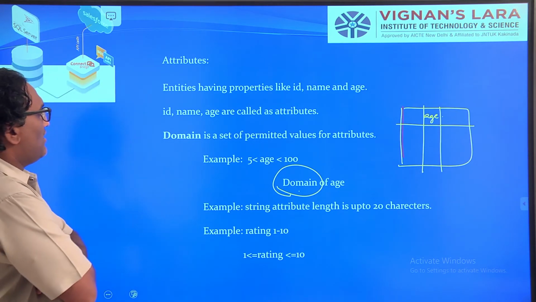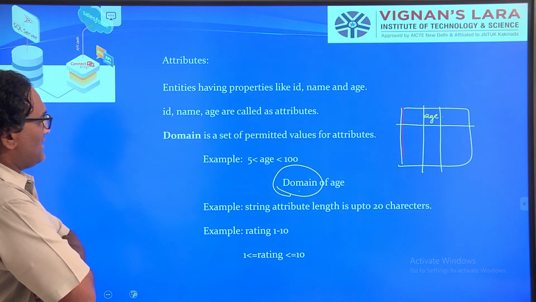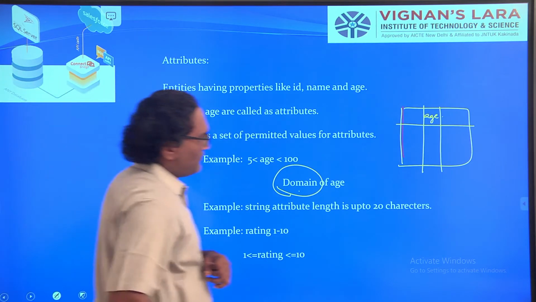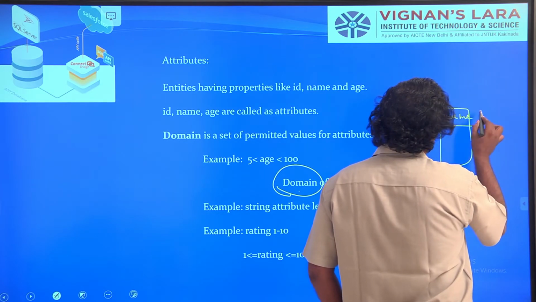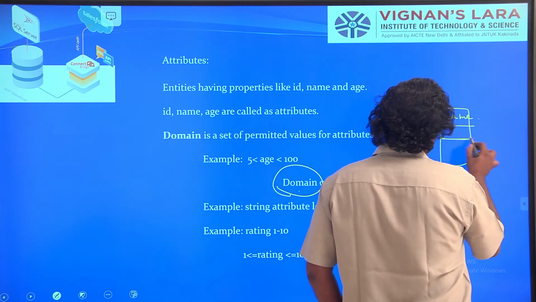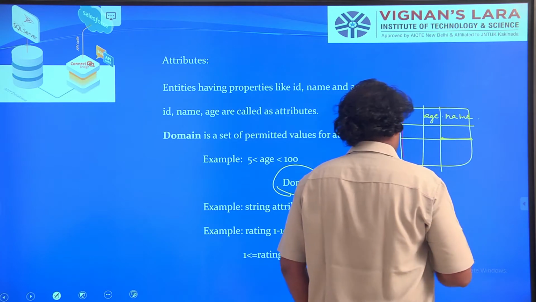Next, for string attributes, the length is up to 20 characters. Suppose you have another field like name; if you want to write any name here, its length should be at most 20 characters.